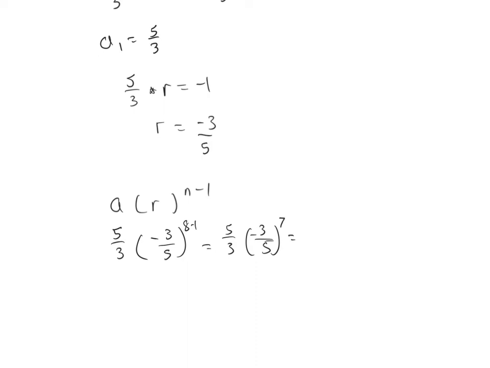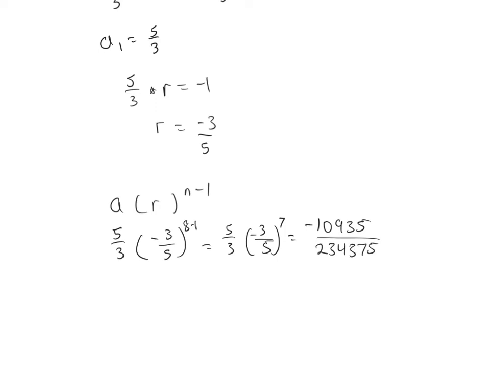Okay, plug that into our calculator. So -3 to the 7th power times 5 for the numerator, I get -10935. For my denominator, I have 5 to the 7th power times 3, and I get